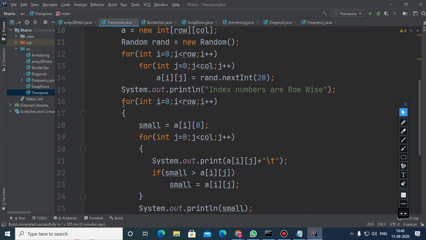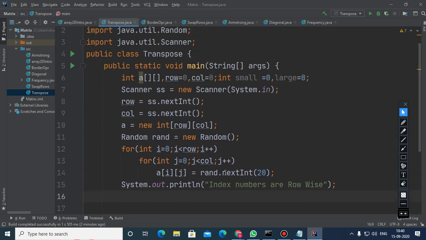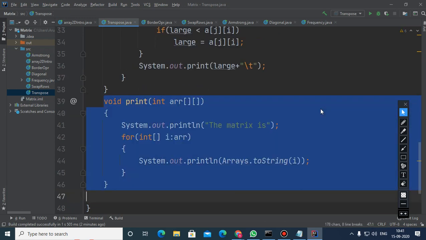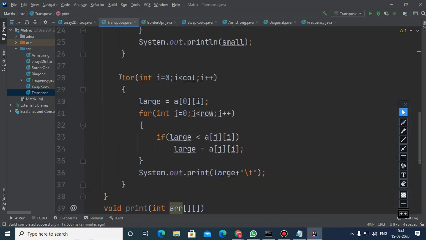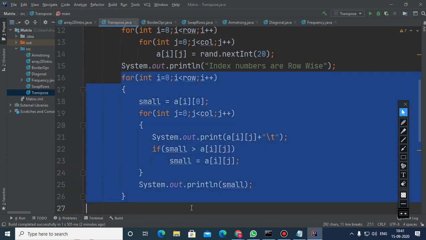So transposing a matrix simply means that, wait, okay, just remove this part only and remove this part only.